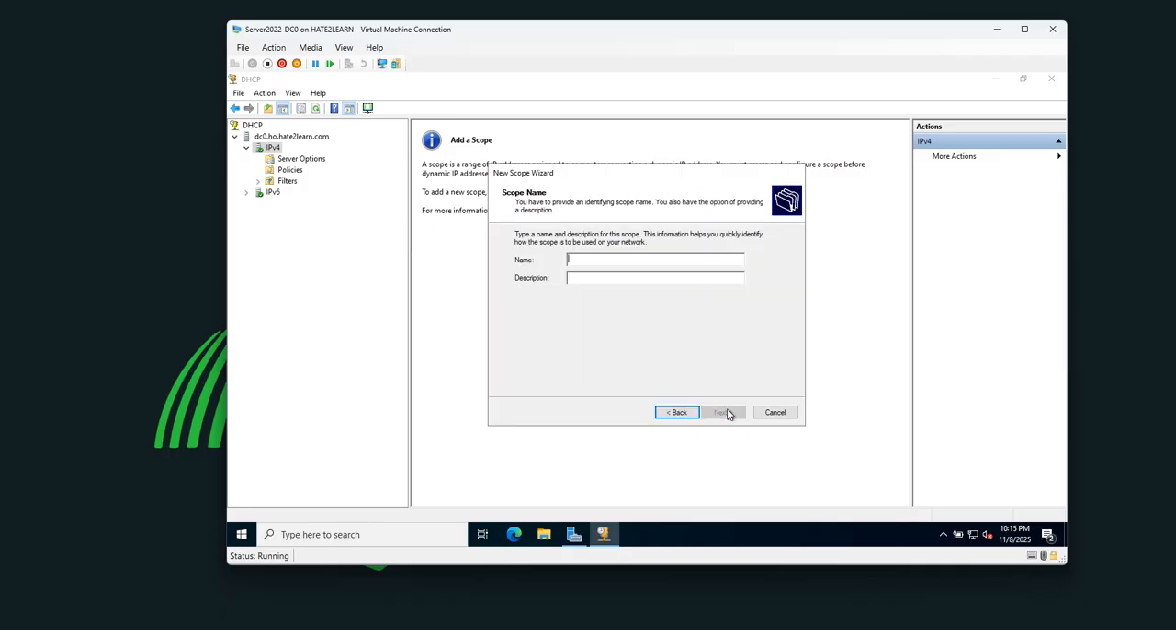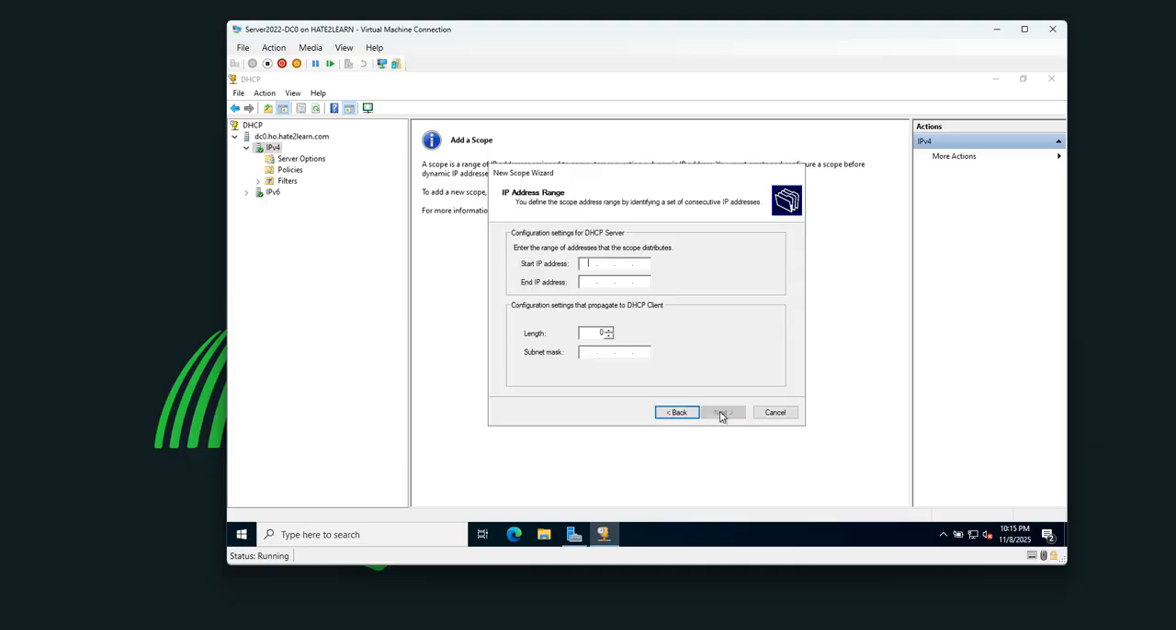Give it a name. I will give it LAN, or maybe give it a name like first scope. Next, start IP address is 10.10.10.1 and